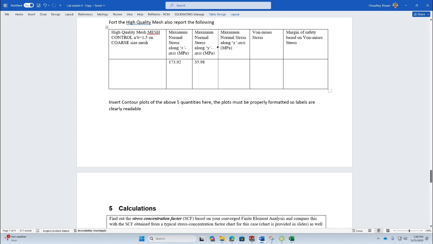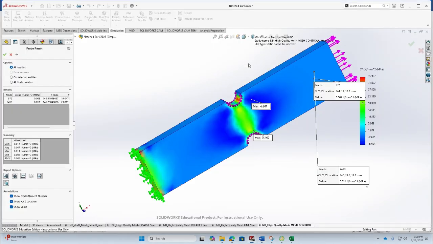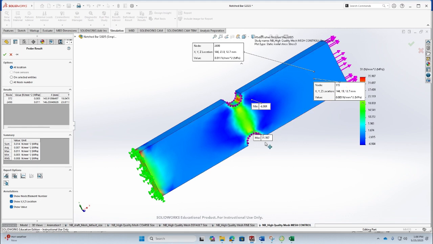So right now maximum normal stress along y-axis is 35.98, and you notice the reason I'm asking you to take the screenshot is because then you will be able to see the locations and compare the locations as well. What you can do quite easily is if you double click on this, on the probe, where did my probe icon go? So I can actually